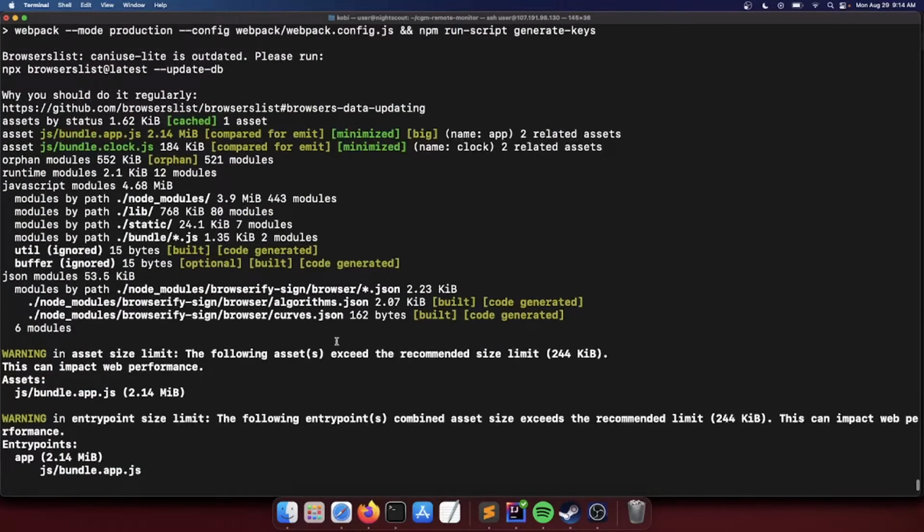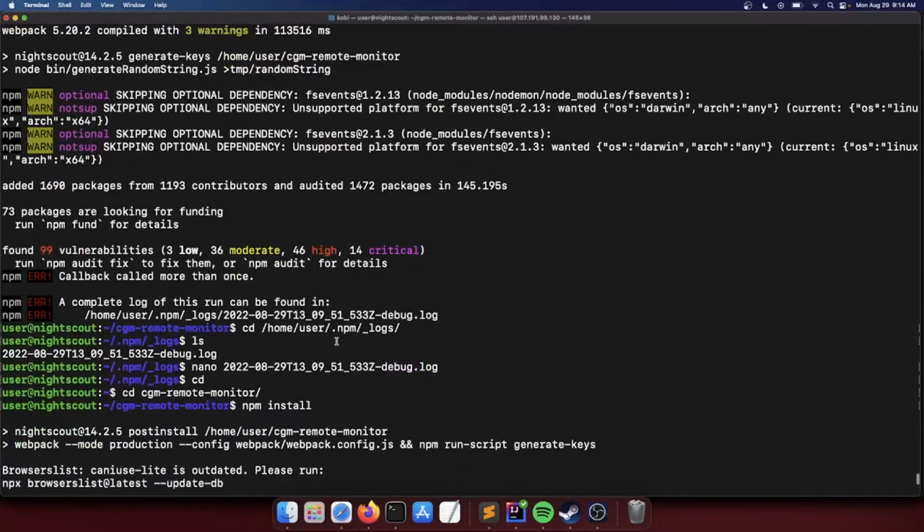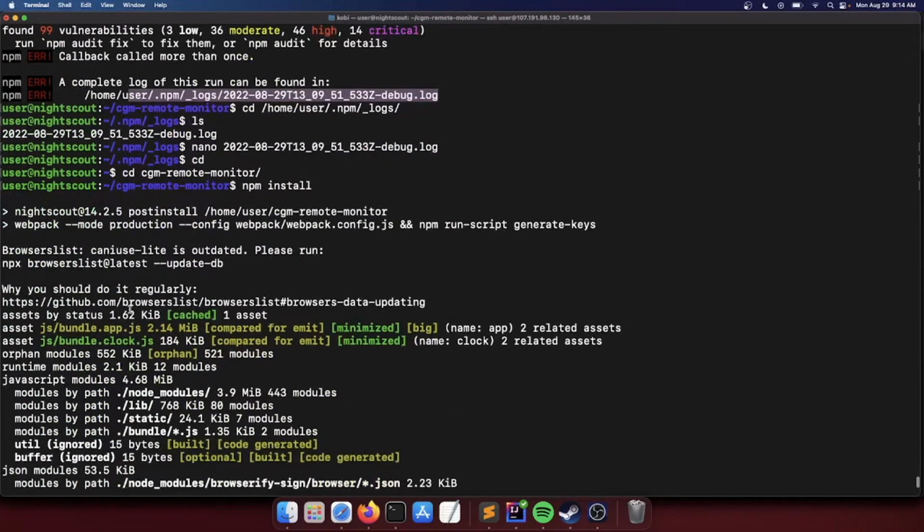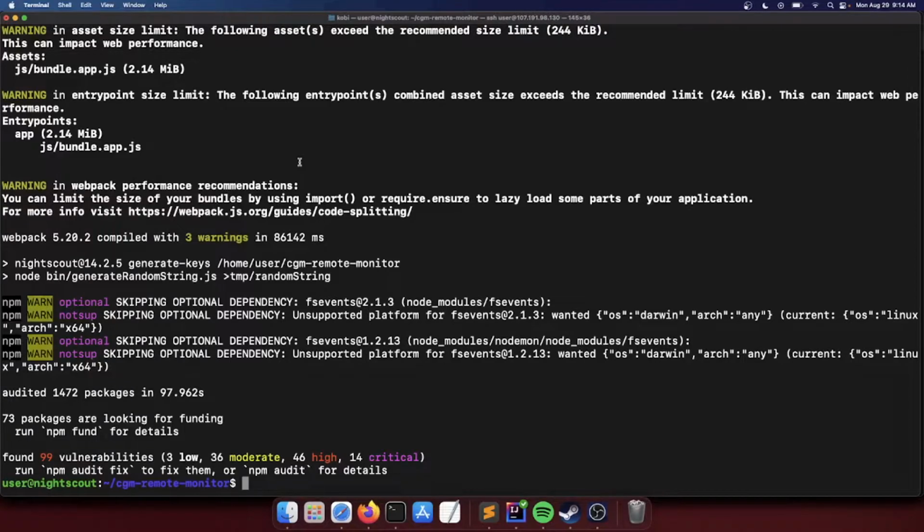Alright, so I figured out if you get this error up here, something like this, you could just run the npm install command again, and you should be fine. Right. So once we do all that, we can now set up our configuration file. So let's run nano